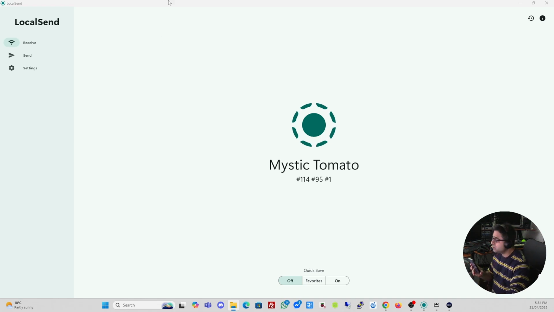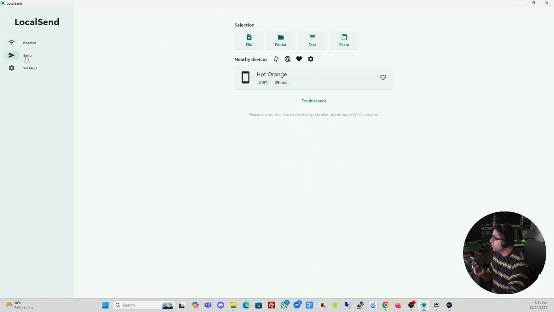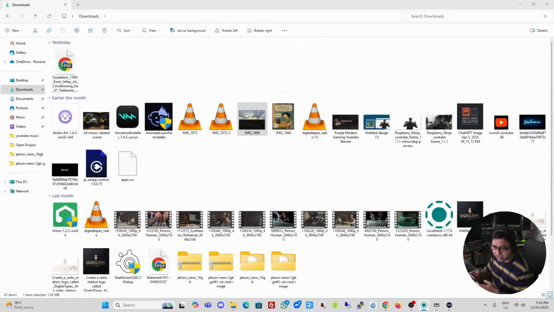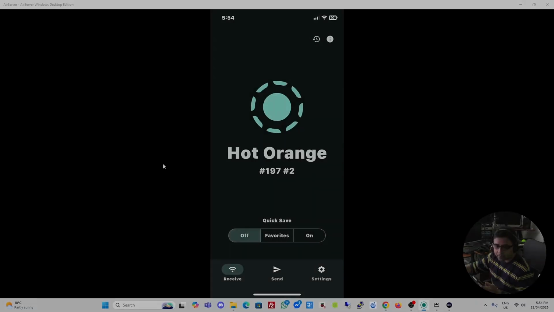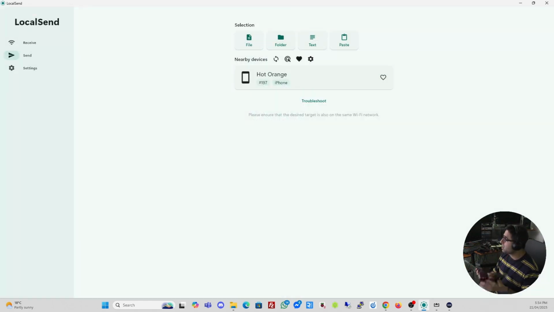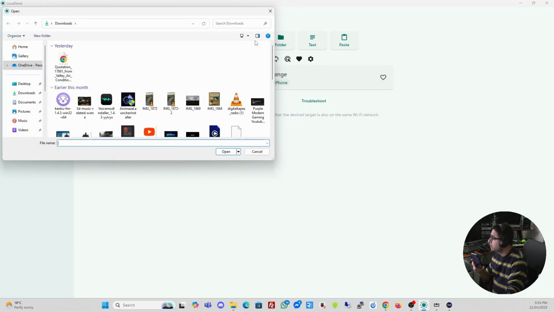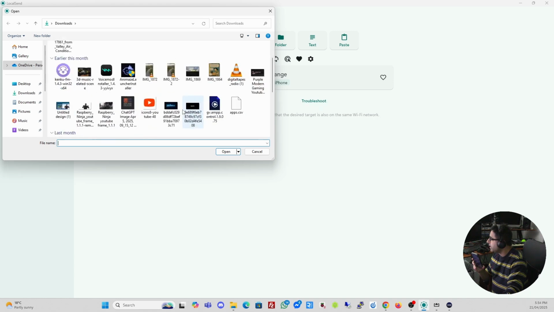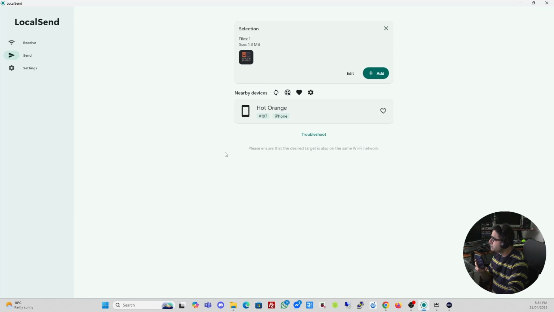So on my Windows PC, I'm going to go to LocalSend and I'm going to go to send mode. And automatically, it notices that I have my iPhone. It detects the iPhone. And just the same thing on my iPhone, I'm going to go ahead and set it to receive mode. And now essentially my iPhone is set to receive and my Windows desktop is set to send. Now I'm going to select a file. So I'm going to go ahead and send this little file that I've got over here, open,